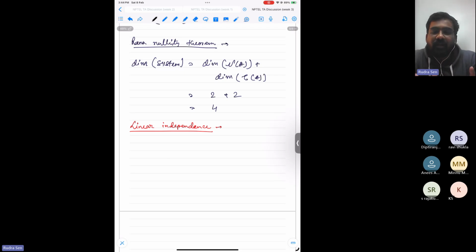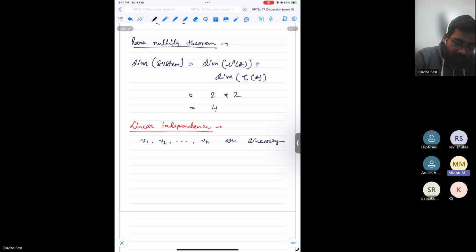So what does linear independence basically mean? When we say that v1, v2, up to vn, this sequence of vectors, are linearly independent,